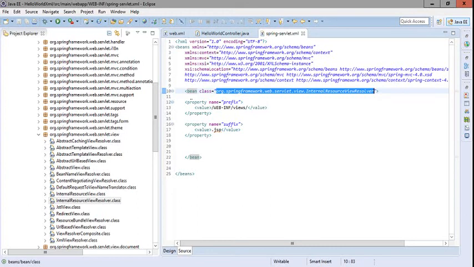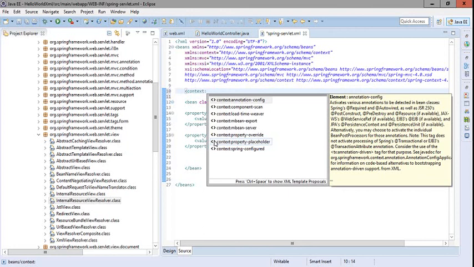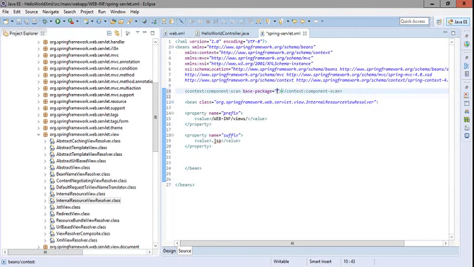So here we have to add one more line in this configuration file, and that is context. We have to provide one more configuration, that is the component scan: org.GraceElement.controller.